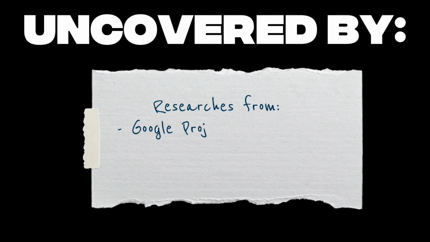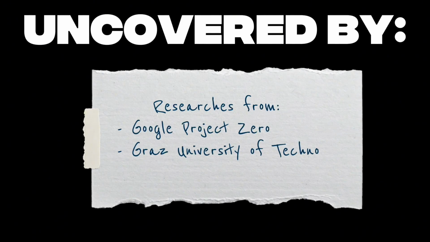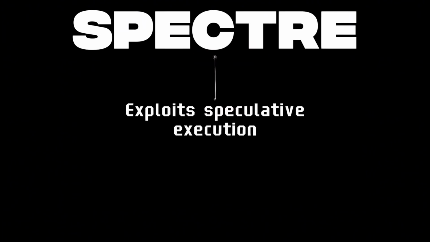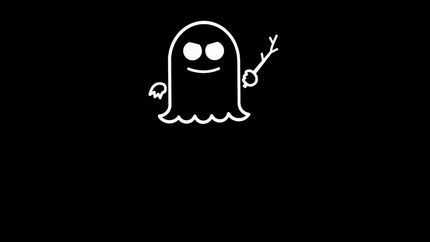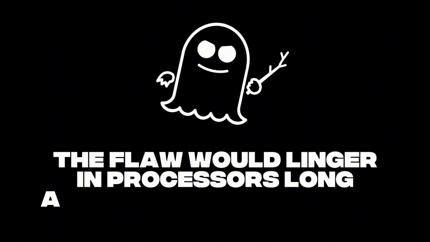Spectre was uncovered by researchers from Google Project Zero, Graz University of Technology, and a small group of independent analysts. They named it Spectre because it exploits speculative execution, a feature built into modern CPUs. Not something you could patch and forget. And the name stuck, along with its ghostly logo, because the flaw would linger in processors long after it was